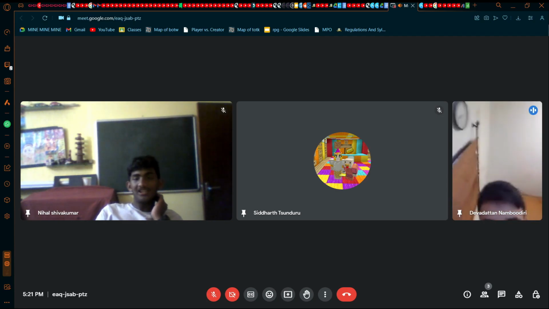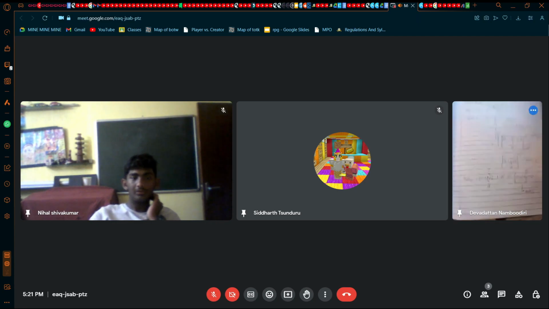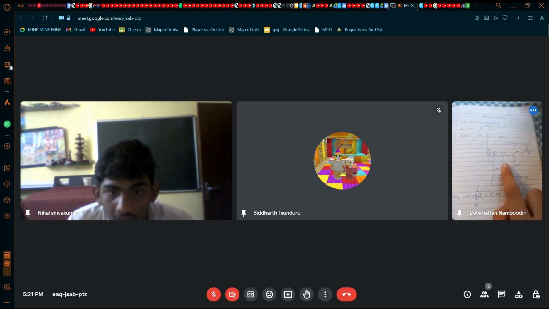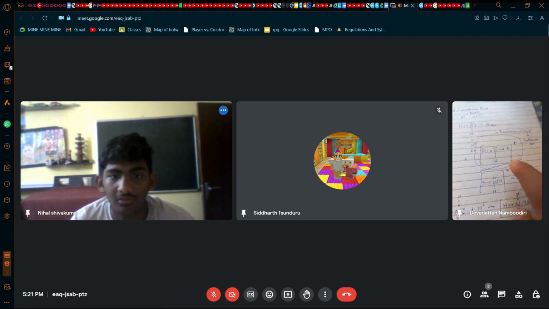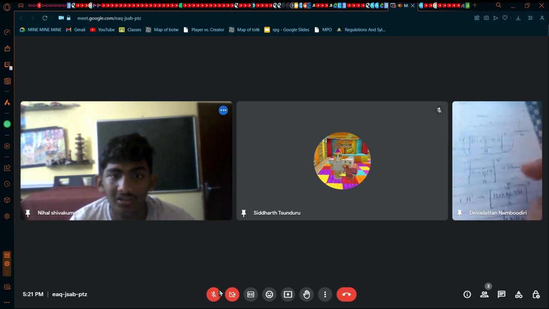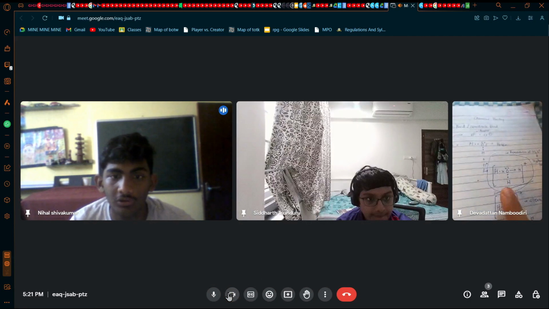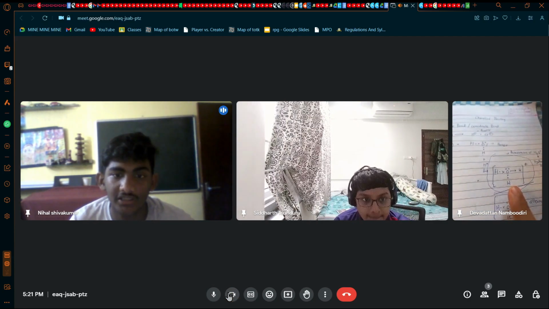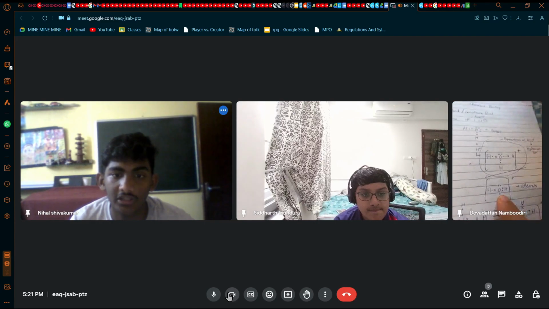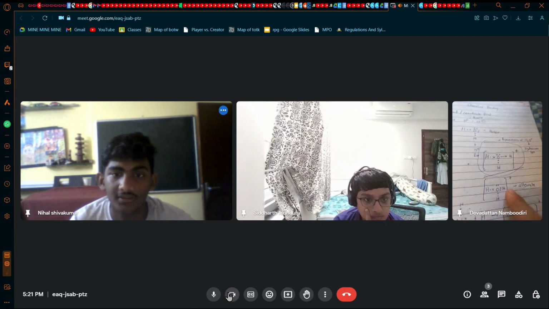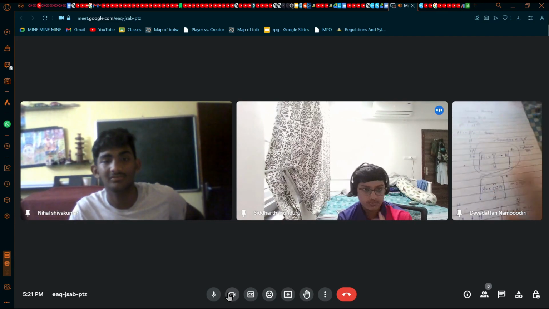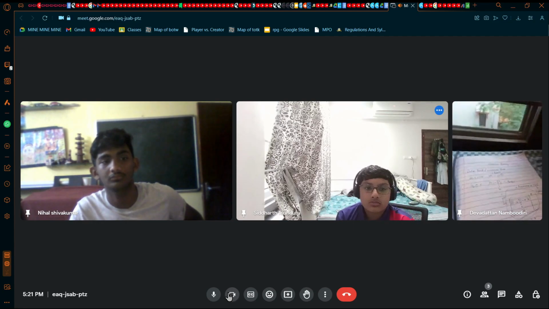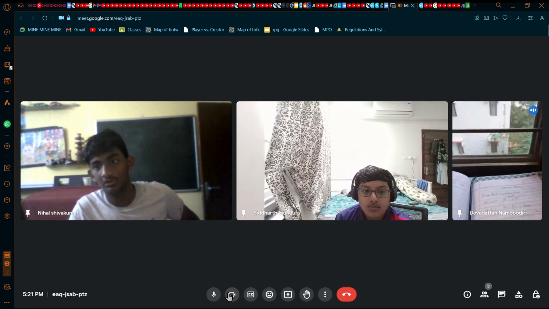Wait, look at this. In my notes, instead of a line, Santosh sir actually did this. Isn't this wrong? See, if you do an arrow, then you have to do a line. The below one is correct. If you're doing that, then you put two crosses for electrons. He just said that's an alternate method, not that it's the wrong method.